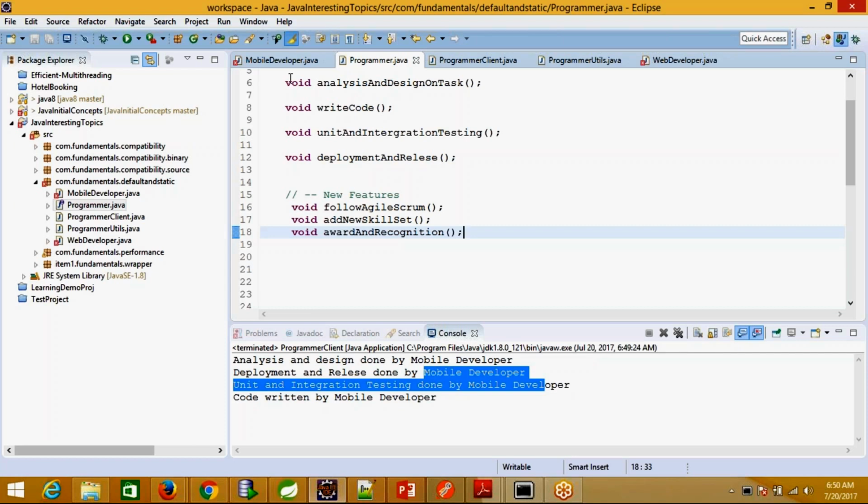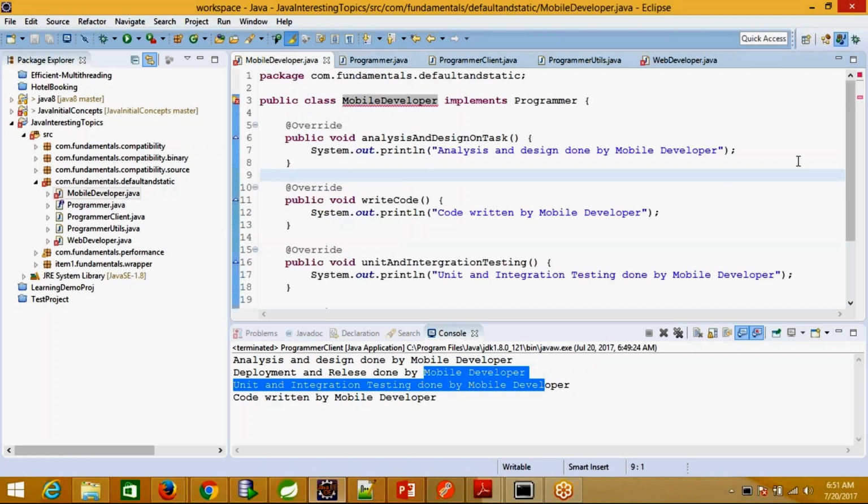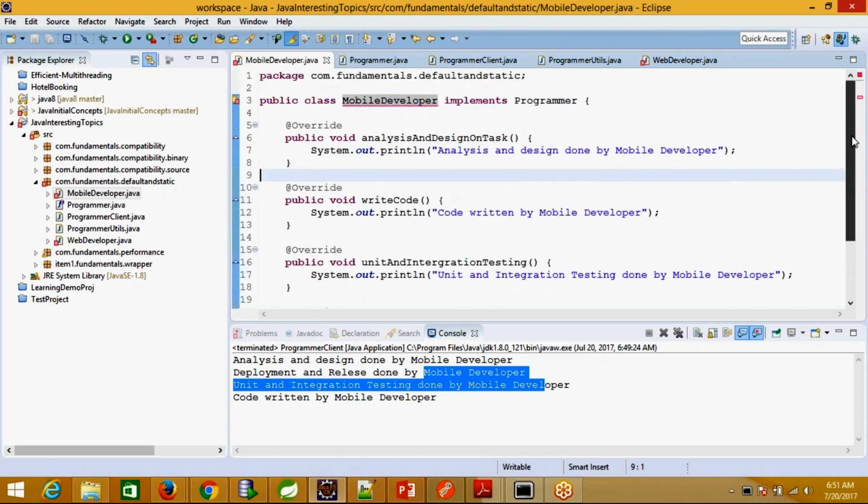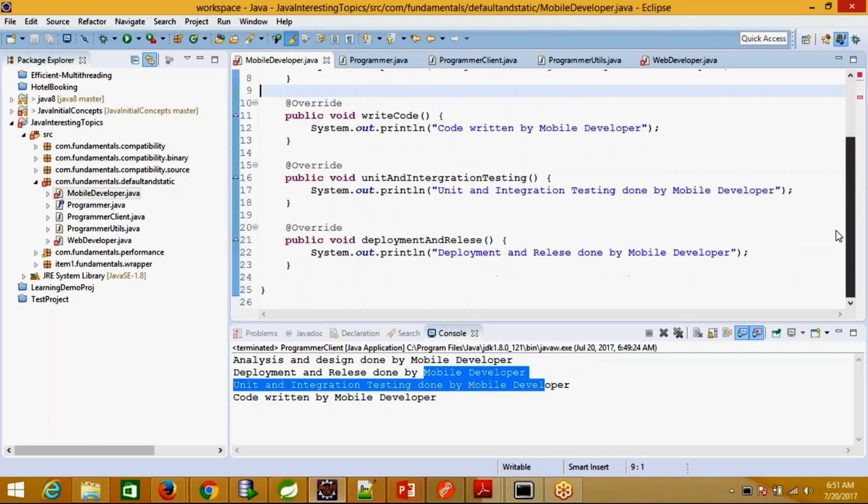We have to implement that particular code in the implementation class. So what would be the first design to resolve this? We'll have to implement that particular new feature into the implementation class itself.